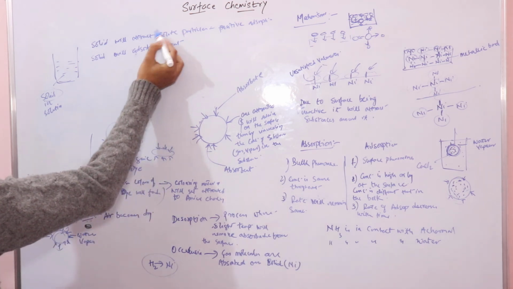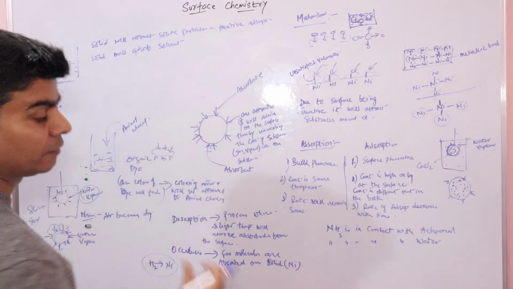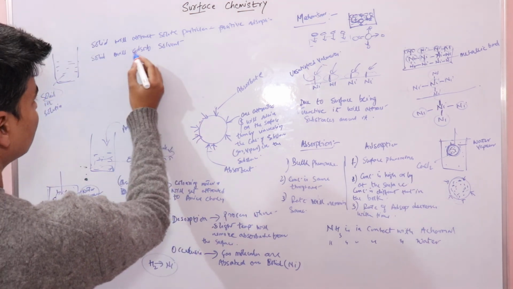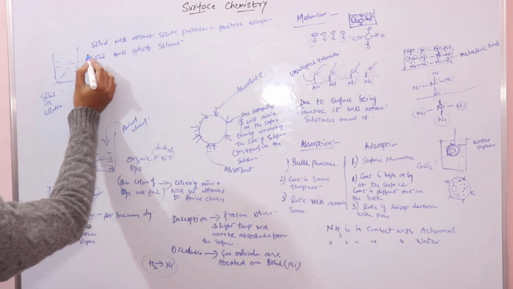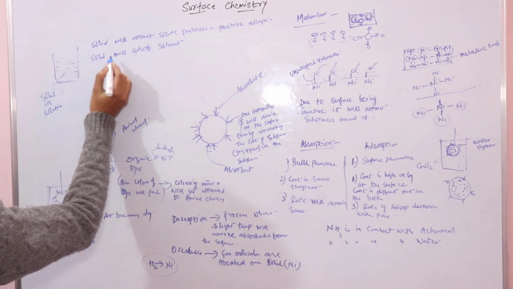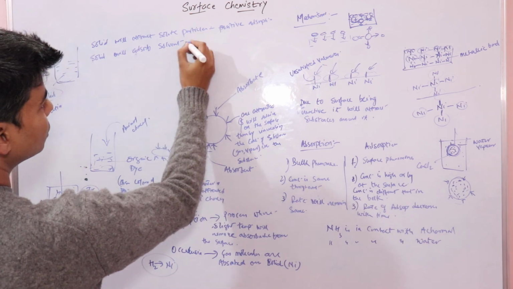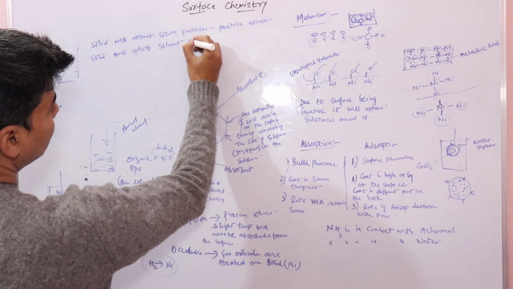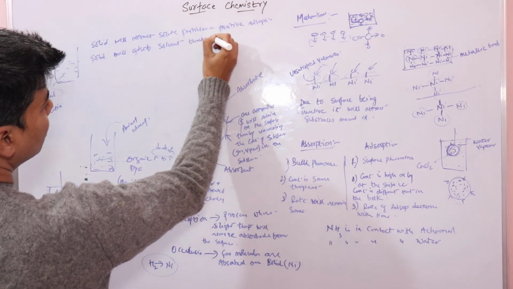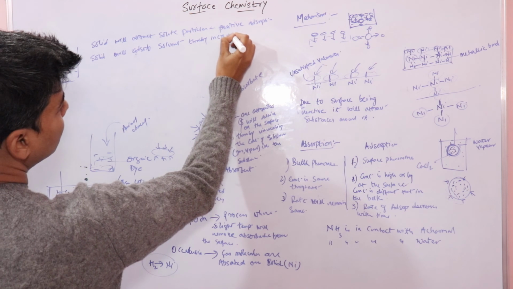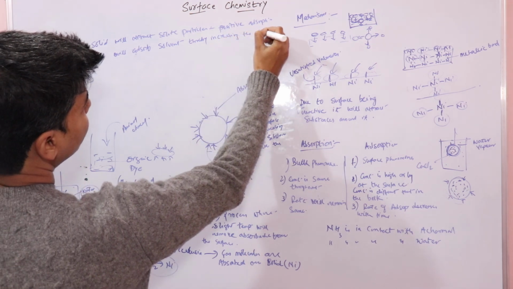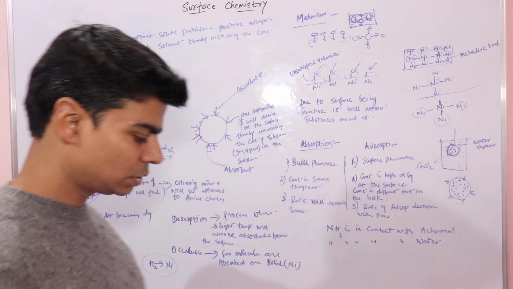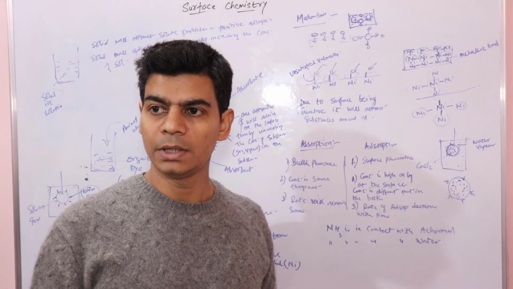Instead of solute, it will adsorb solvent from the solution, right? So here the adsorbent is your solid. So the adsorbent will adsorb solvent from the solution, thereby increasing the concentration of solution, right? Because we know that solution is formed from solute and solvent, right? So if you remove